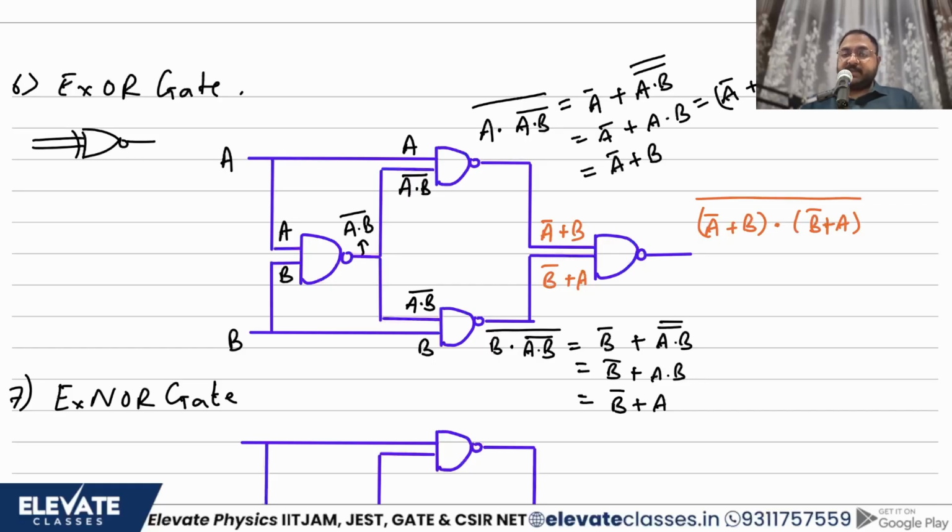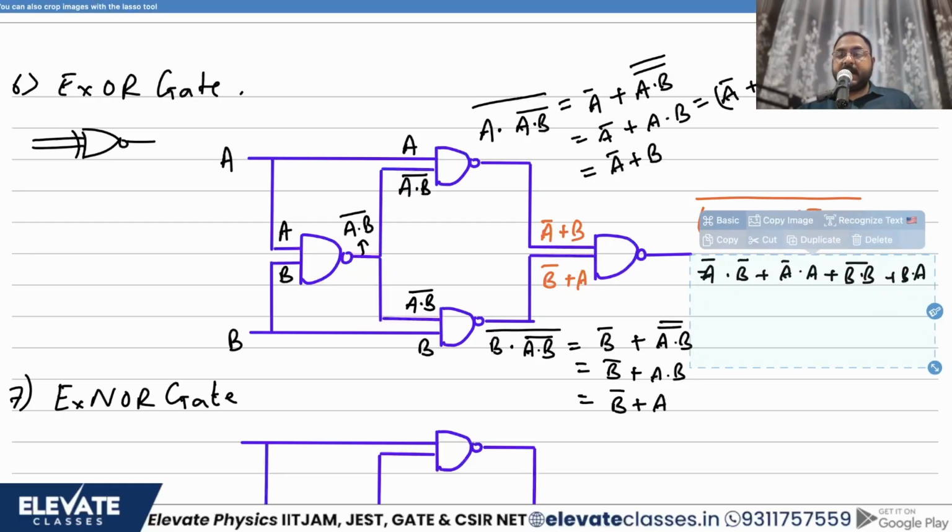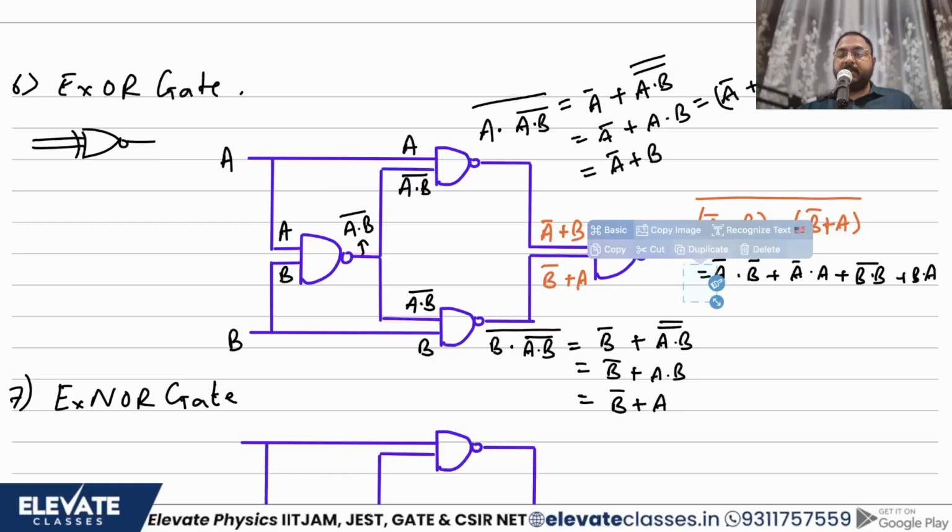Now if we try and solve this, what will we get? First, don't use De Morgan's. First let us just simplify the brackets. So use the distributive property. This will become A bar dot B bar plus A bar dot A plus B dot B bar plus B dot A. Correct? This is the whole simplification of this bracket. I have done nothing to the complement operator; I have kept it as it is. I am only taking care of the things that are under the complement operator.